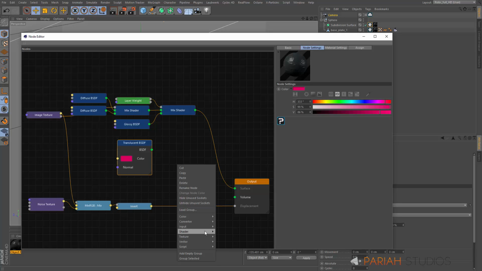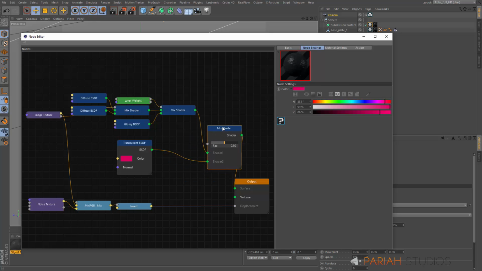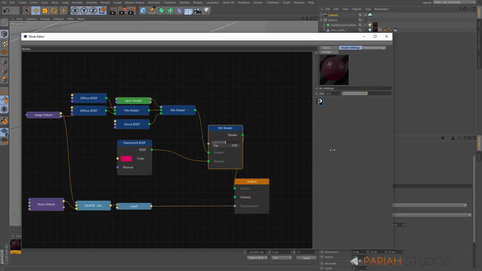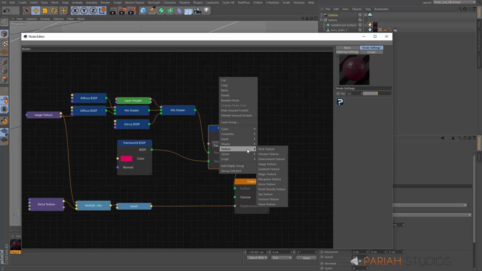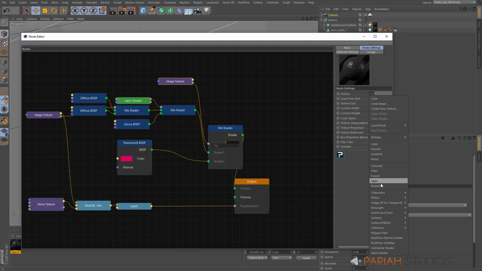I need another mix shader, so let's plug that in. Let's plug this second shader into here, and we want to guide this with a new alpha. So let's choose something to drive where the placement's going to be. Let's use an image texture. I'm just going to shut that down for room and plug the alpha into the factor input, and I'm going to choose, oh, I don't want an image, I want to go for a surface tile,